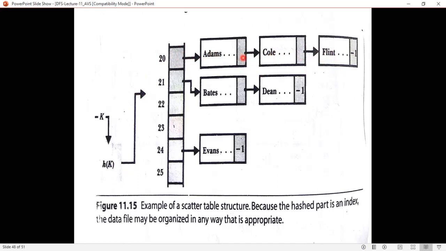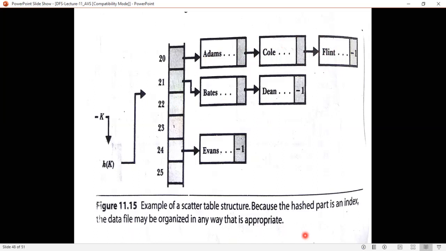Okay, now these are the links, right? This can be arranged in whatever way you want. For example, this may be arranged in order. Here it is arranged in ascending order, isn't it? A, C, F, ascending. Like this you can order. Else you can order it in the form of entry sequence, that means in the order in which you are entering the keys, you can place them in that order, or in the form of synonyms you can place this list.